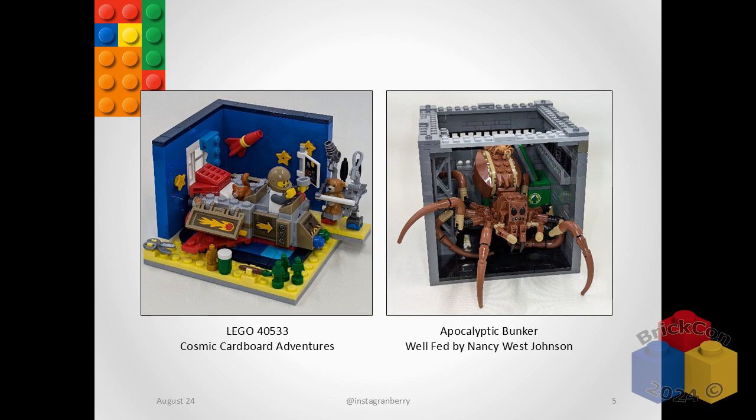There's the Cardboard Adventures. The Apocalyptic Bunker that you see here is a sneak peek of mine for next year. I wanted to make a cockroach because, you know, they last forever. But the spider was easier, especially when the Harry Potter one came out. So